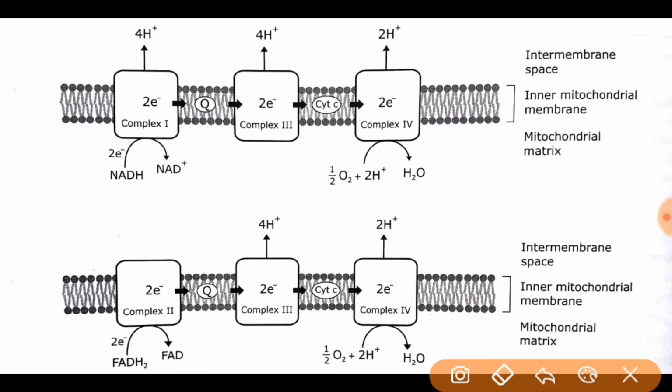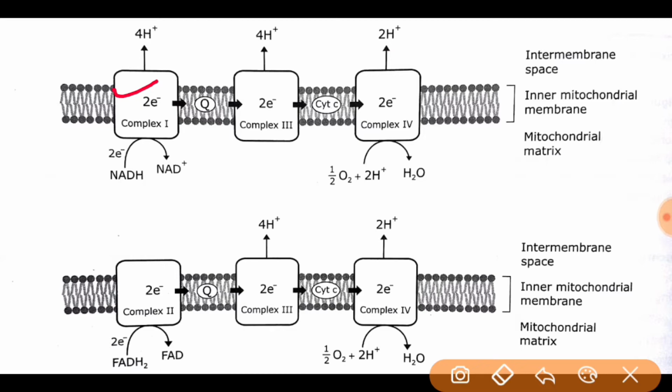So in this case what is happening here: firstly, NADH undergoes oxidation and it gives 2 electrons to the complex 1. Okay, so you do not have to learn about the FMN or the iron sulfur centers. You just simply make a square box and label it as complex 1. So these 2 electrons are accepted by the complex 1.